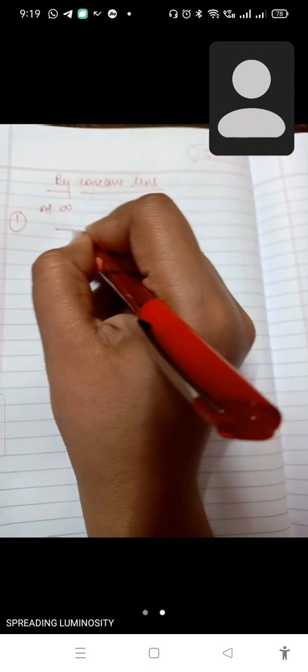Okay, let's begin. When the object is at infinity, the object is not visible. This is the optical center. Only the light ray is coming. As we know, when the light ray is parallel to the principal axis, after refraction it passes through the focus or appears to pass through the focus. It is a diverging lens, so when the light ray parallel to the principal axis falls on it, it diverges. When we construct this refracted ray backward, we see that it passes through the focus.